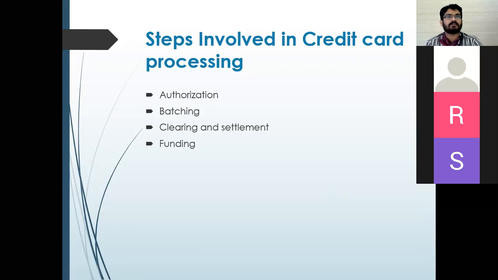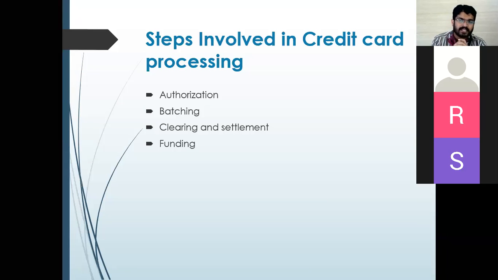So let's understand the steps involved in a credit card transaction. We are just left with 1.5 minutes. The first step is authorization. Authorization is done by the acquirer when you swipe your card. The details of your card go from the merchant to the acquirer and to the association, and the association authorizes it because they know the balance and the limit, so they authorize it and it comes back. So your authorization is done.